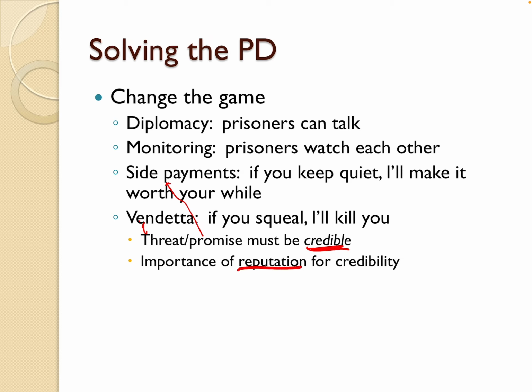And that requires reputation. If the United States has gone around and said, look, if you start to get nuclear weapons, we will invade your country and take you out of power. Now that sounds very incredible. Getting nuclear weapons, you're going to come in and invade our country? And then let's say that the United States does this in Iraq in 2003. It says, oh, we think you're getting nuclear weapons, Saddam Hussein. And then the United States goes into Iraq and removes Saddam Hussein.